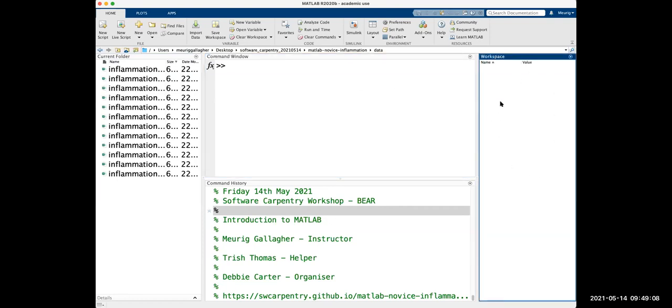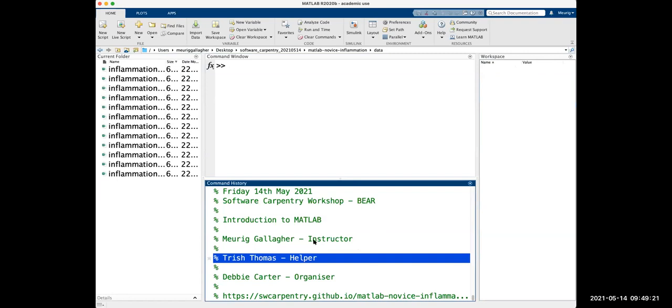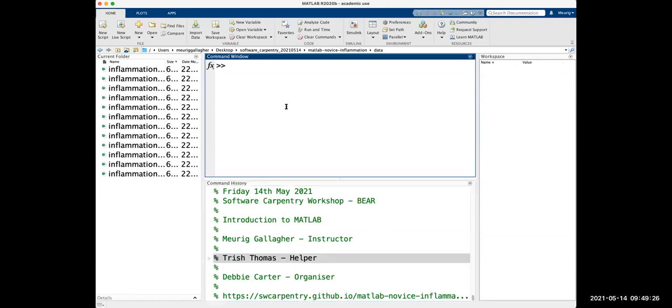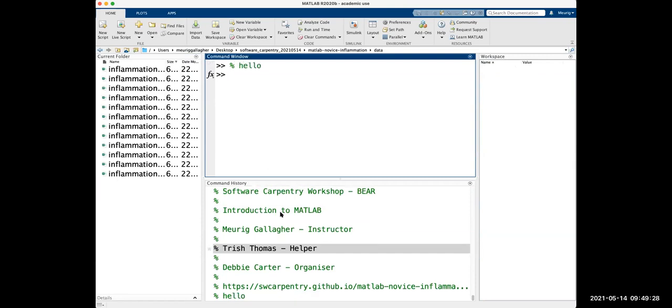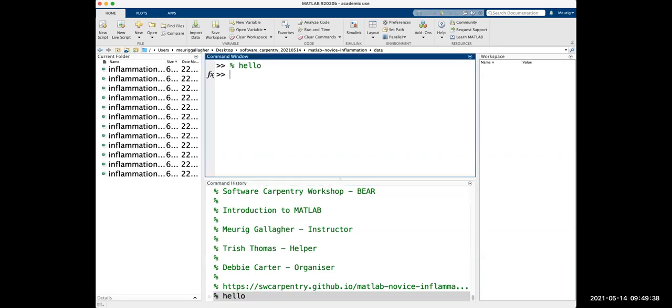We have this thing called a workspace. You can see it's empty at the moment. This says basically all the things that MATLAB has in its memory. This is a bit like storing something in your calculator. And we have something at the bottom called command history. You might not see this; I've set this up. All the commands that I type in here will come up. So if I type hello, you'll see it comes up at the bottom here. If you want to have a quick rehash of the commands that I've entered, you can look here, and from the bottom up, the bottom will be the most recent, and then the history will go up as we go.